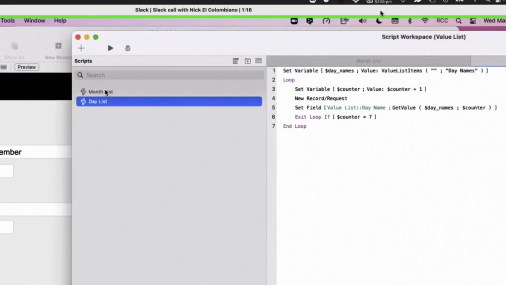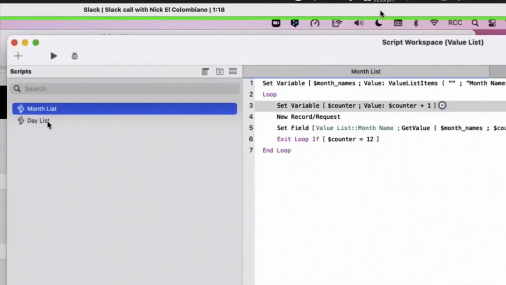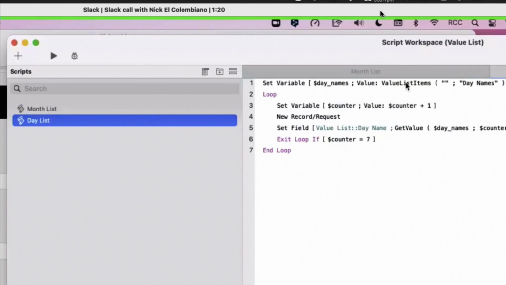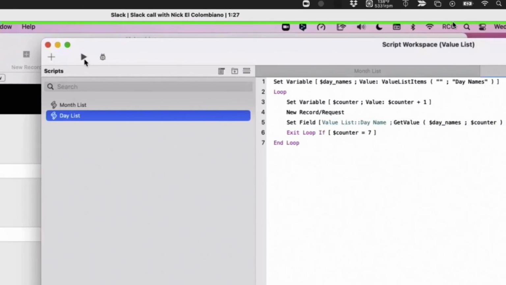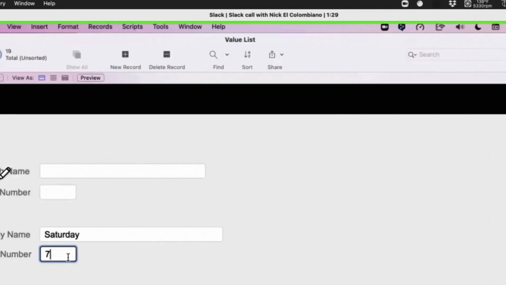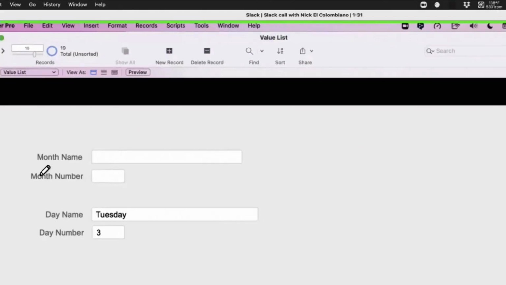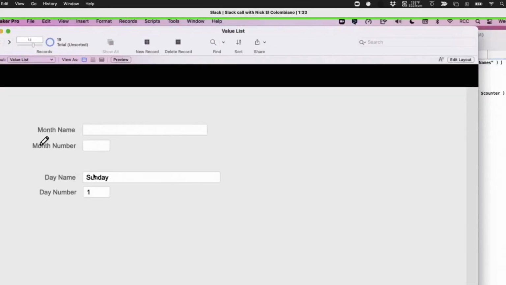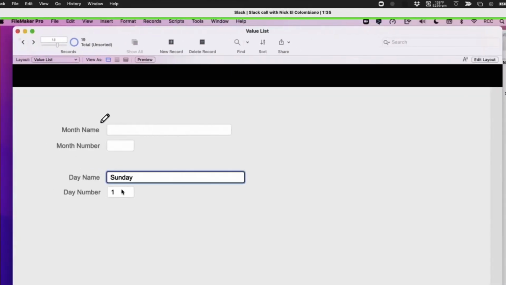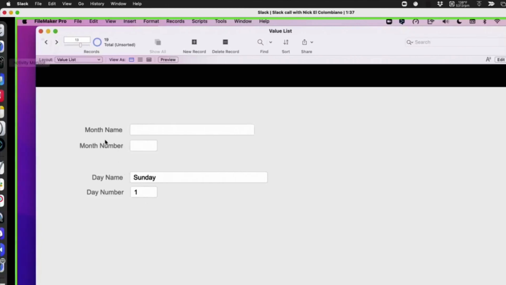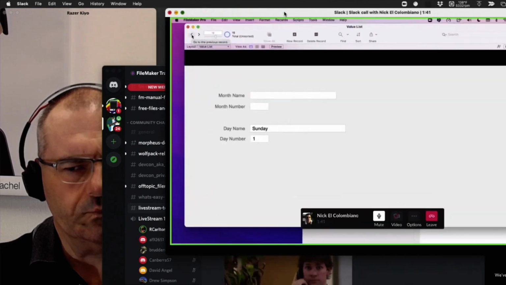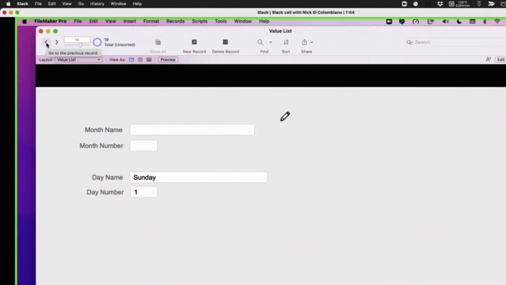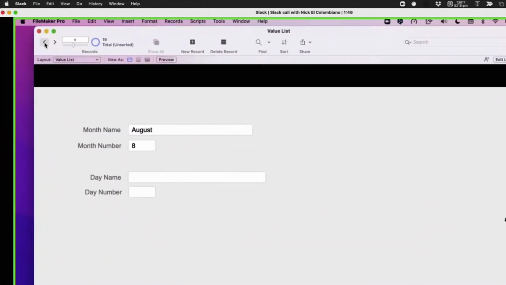So you see, it's very simple what we did here. We duplicate, and then we can do the same with the day name. You remap everything on the day names, and you click here, and now you have day name with the number, right? So it says 7 because on FileMaker, the first day of the week is Sunday. Okay. I keep saying it because people are very surprised by this, but Sunday is the first day of the week for FileMaker. So you see how this works.